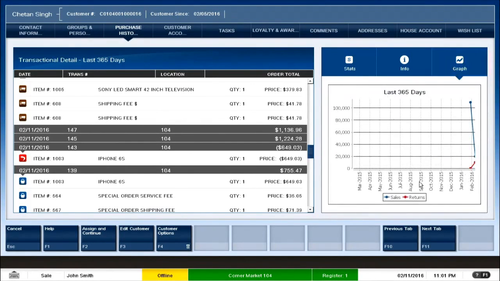Now if you look at the right side, there's an icon called graph. So if I click on that, I see the graph of the customer. It shows me the details of the customer in the last 365 days. That is exactly what we see on the left-hand side as well. All the transaction details are for the past one year. Based on the sales and returns, if you see, the graph says the sales of this customer are high and the returns are low. So based on this data and the analytics, different benefits can be offered to the customer. Apart from the loyalty awards and all, this is another feature where you can view the customer's activity, and move the customer to a different category altogether. That is the first one.